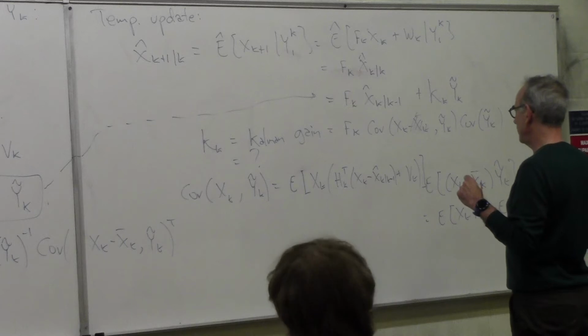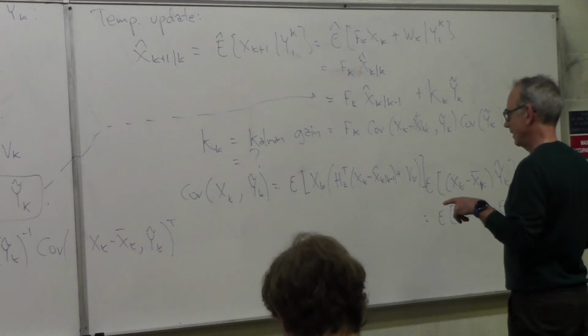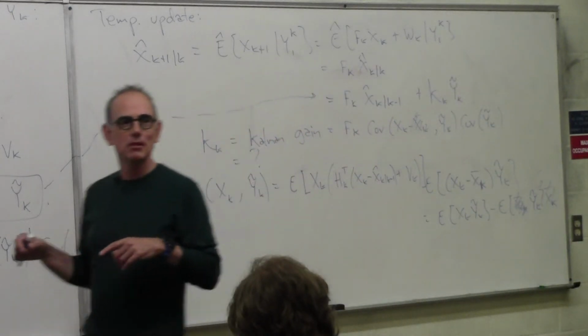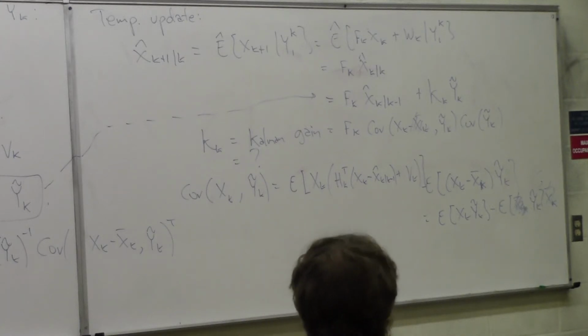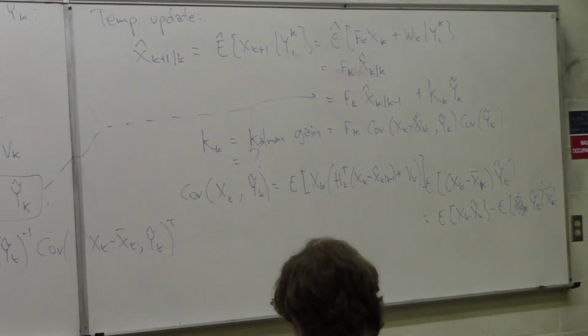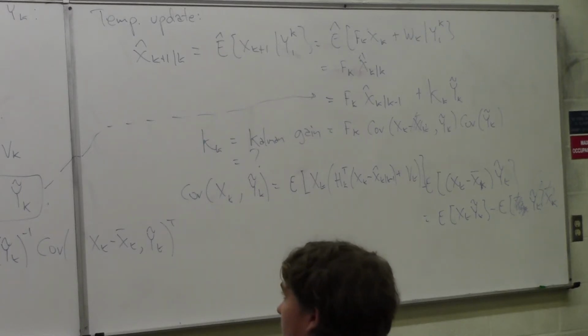So what you do is you play a little trick. Wait a second, I do need my cheat sheet. No, somebody else tell me what to do. How do you get rid of VK? How do you do it? Tell me, how do you do it? Why is xk correlated with VK? Don't they assume something like they're mutually independent?